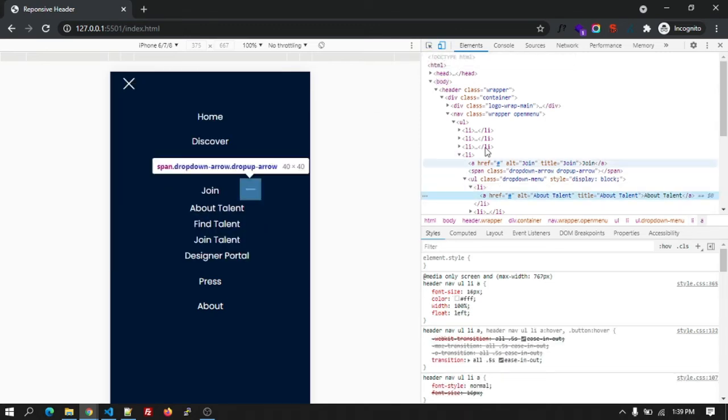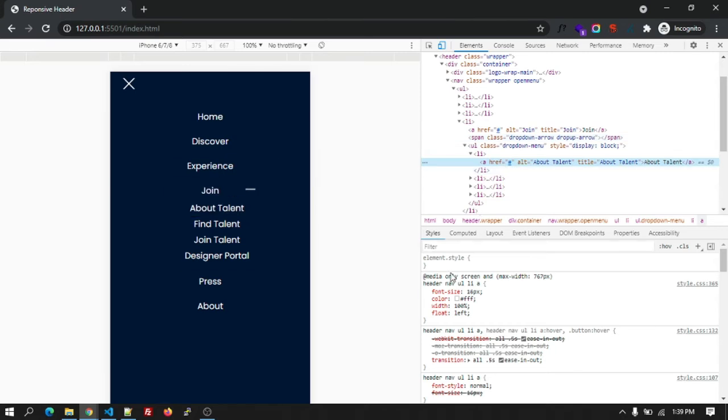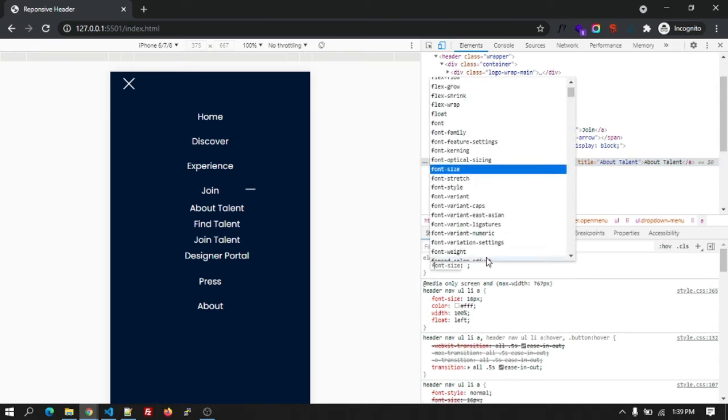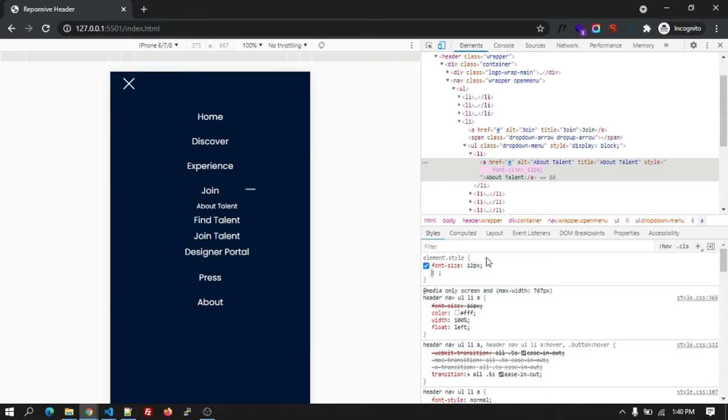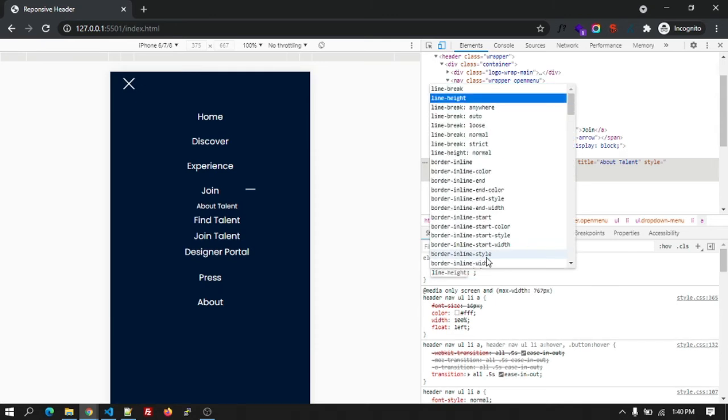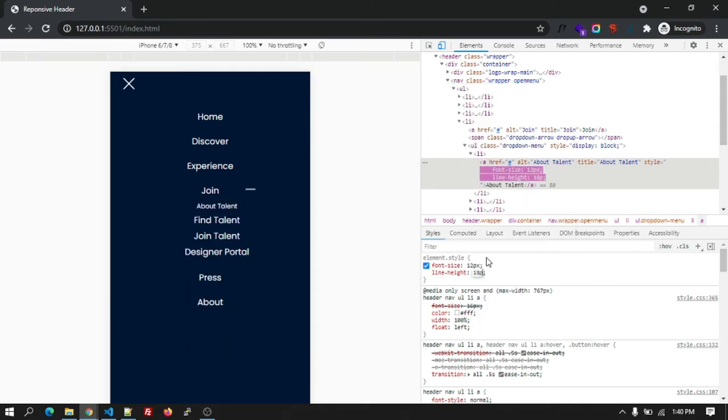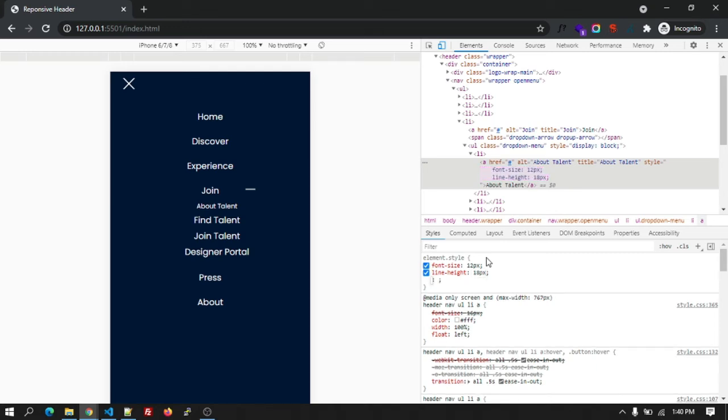So let's write the CSS for the anchor tag of the dropdown. Let's go to here and let's give the font size as 12 pixel, and the line height is 18 pixel, and the width will be 100%.